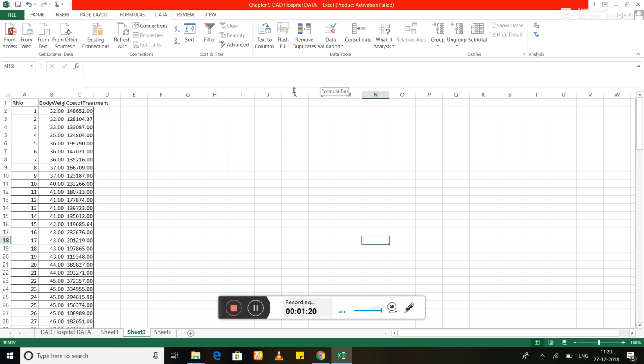Okay, so to begin with, for any problem, I have chosen again the same case study question of simple linear regression, where I have been given the data of body weight of the patients as the independent variable, and the cost of treatment as the dependent variable. Now, to begin with the solution, at least from the exam point of view, to write down your solution in answer booklets, the first thing you have to do when you are given the data set is begin your answer by writing, we develop a simple linear regression model, and the corresponding SLR model is given by.